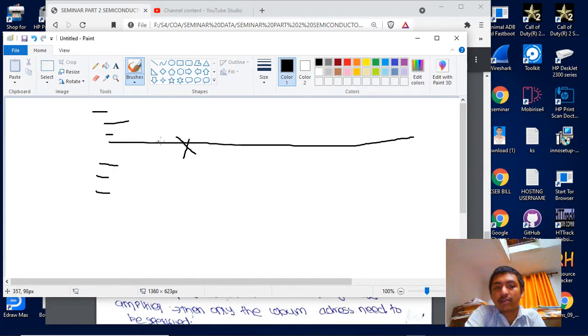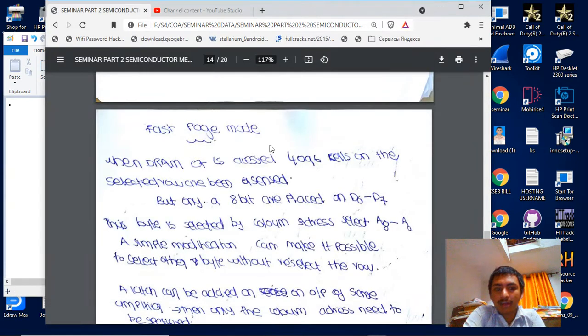If I want to select this other byte, what will happen? I need to go through all the procedures from the beginning: load the RAS and acknowledge, so it will decode and find this row, refresh all this content, and come back again. That's a big mess. I don't want to do that.